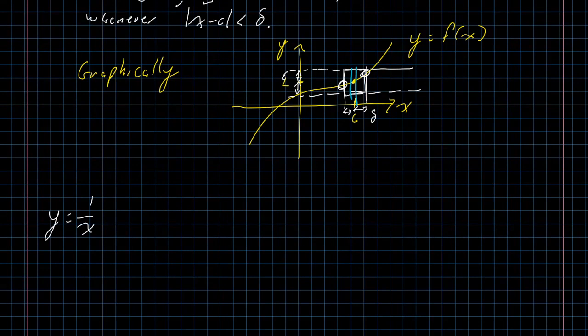Y equals 1 over x is generally the poster child of a discontinuous function. We know what the graph of this thing looks like. I could use computer software and draw it nicely if I cared, but I don't really care about that much detail right now. At x equals 0, the y-axis,